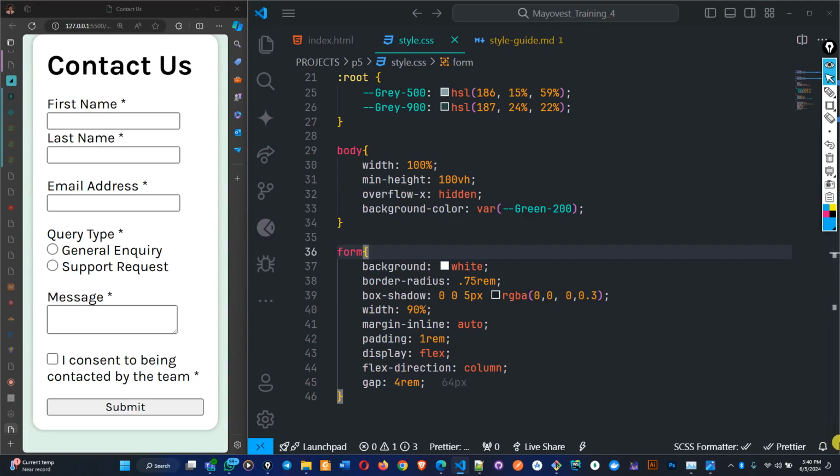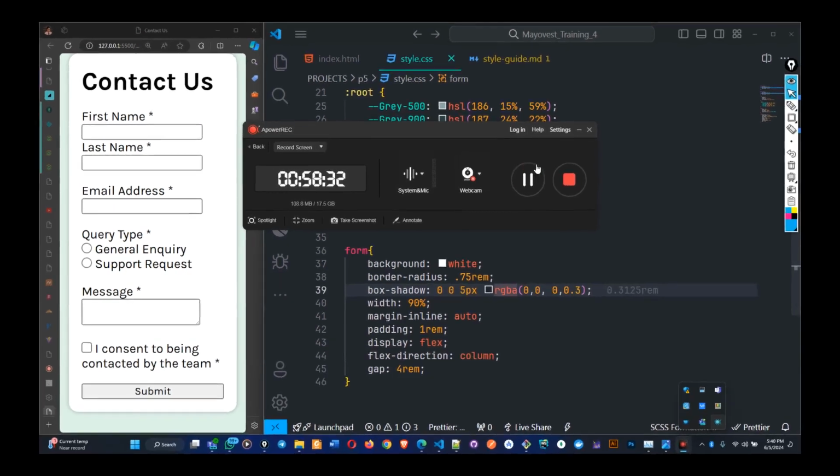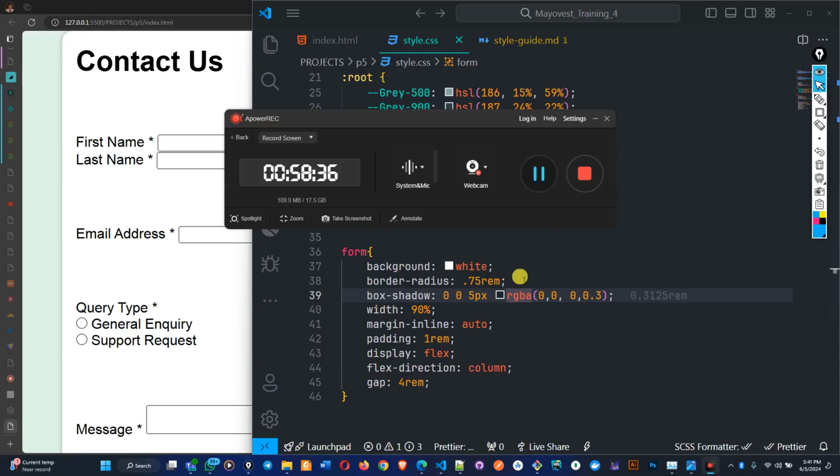Oh, this thing is loading again. It's trying to connect to this one. All right, so